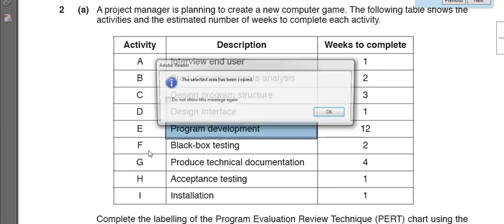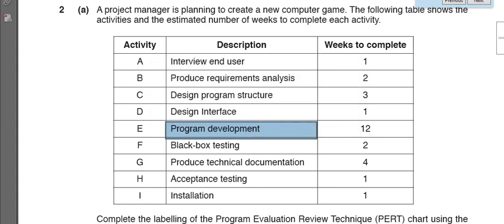Once we are done with program development, then we can test our software, and in this case the testing involves black box testing. Black box testing means you don't know what the code is all about. So for example, somebody has developed a game like Subway Surfer and he wants you to test the game. He can give you the game. As an end user, you'll just click on different buttons, start playing the game and see if everything is working